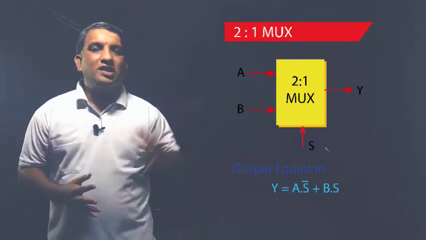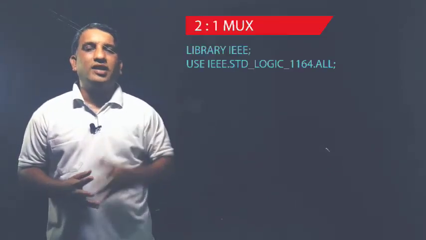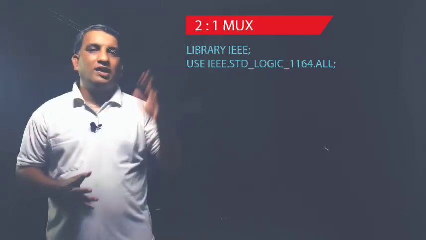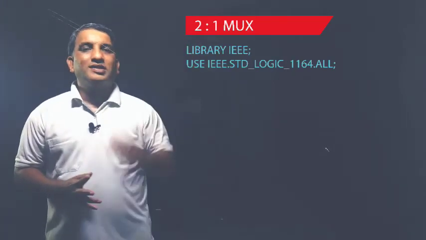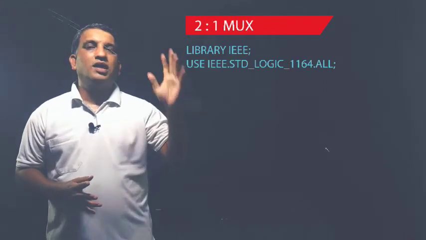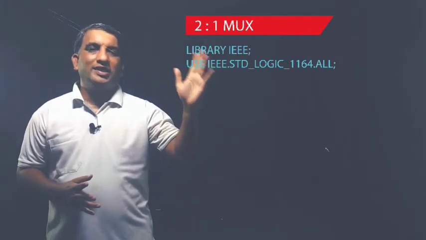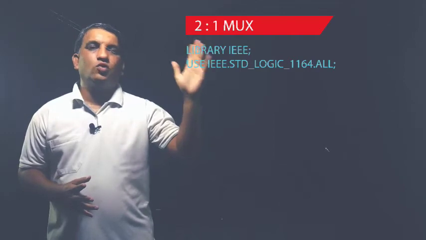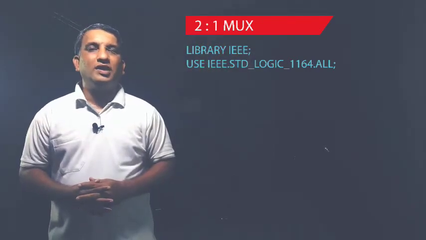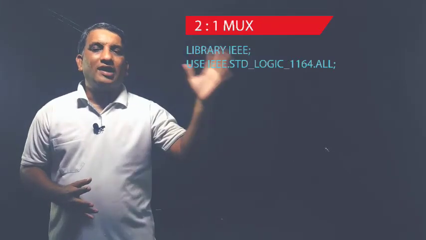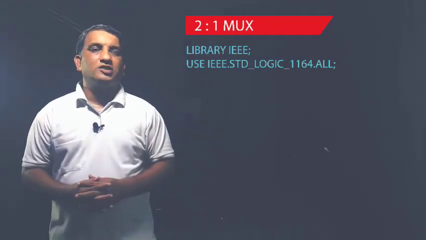So a VHDL program starts with two header lines. The first line will be library IEEE; semicolon. The second line will be use IEEE.std_logic_1164.all. That means we are using the IEEE library, and inside that IEEE library we have various packages,